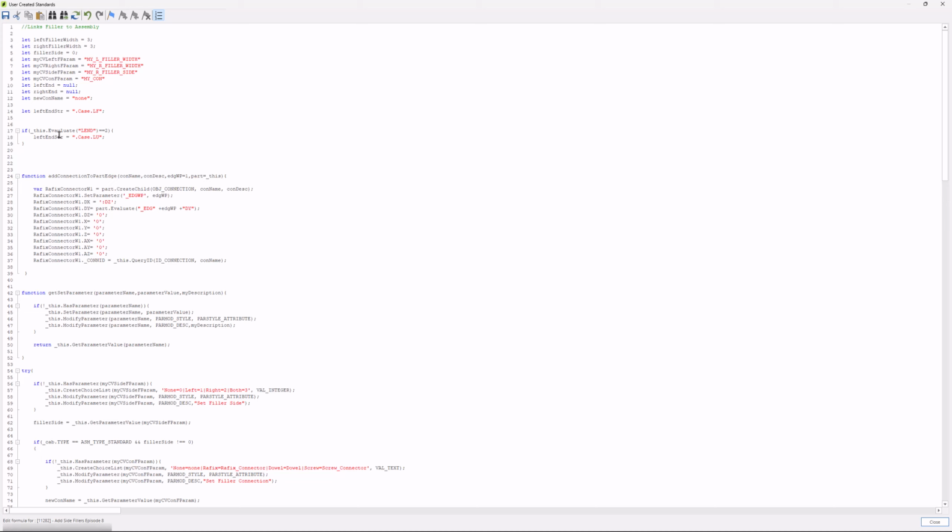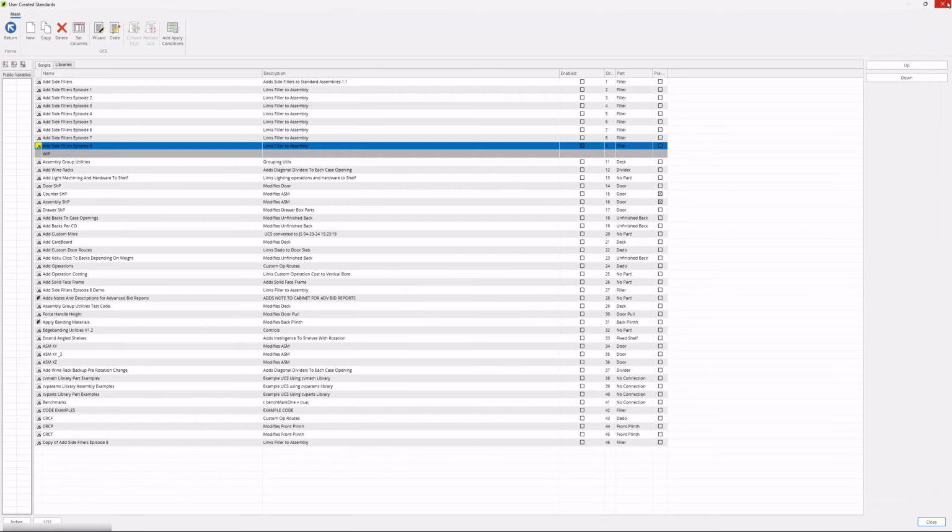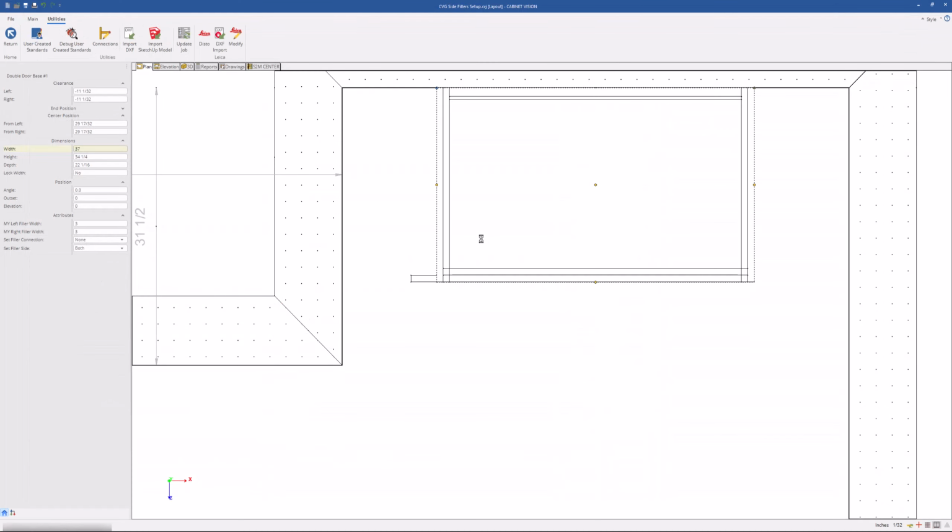Okay, so I can see one error I've put in there, so evaluate, there we go. Right, if I head out, there we go. So what we now see is with a finished end applied, we still get our end panel as expected. If I just head down to assembly level,